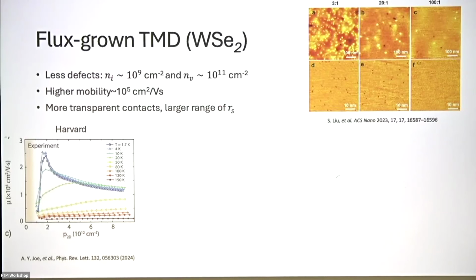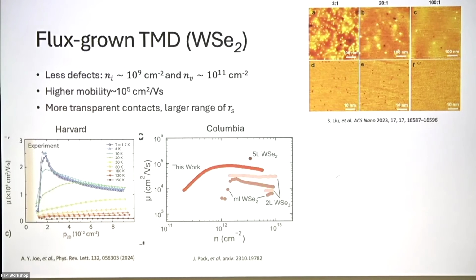And V means the vacancy defects. So there are 2 kinds of defects in this material. One is charged. The other one is not charged. The charged one can be seen from the contrast of the STM. For the vacancy defects, it's charge neutral, so you cannot see directly from the contrast that much, but you can see this small dot here. This is extremely short range. If you zoom in, you can see it's exactly 1 atom size.